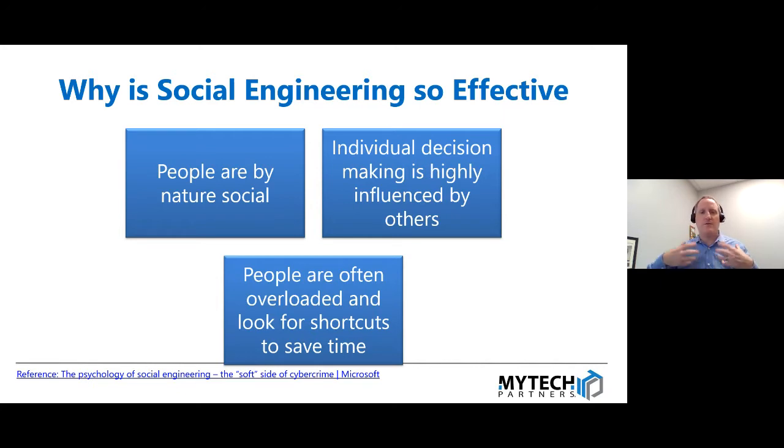So it's easy, and as we'll see in one of the examples we'll provide later, these attacks are often implemented on the presumption that you are not going to take the time to go through the due diligence you need to mitigate a social engineering attack. So that's one of the key pieces to keep in mind. And when you put all these together, that's why social engineering is so effective. Because candidly, social engineers are preying on the kindness of human nature in general.